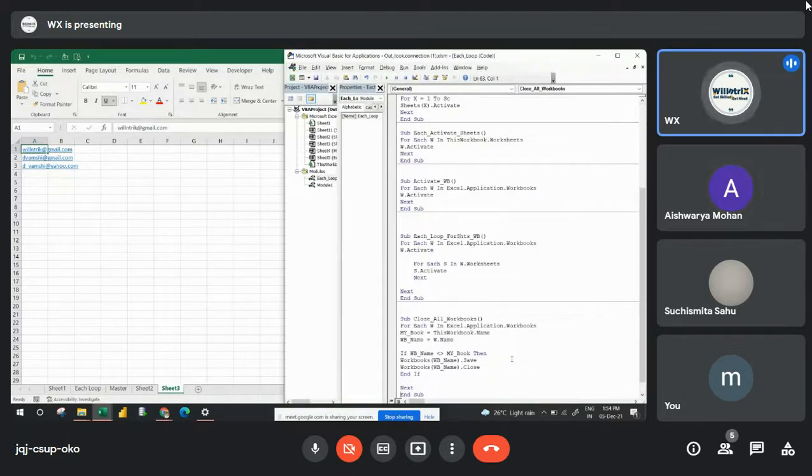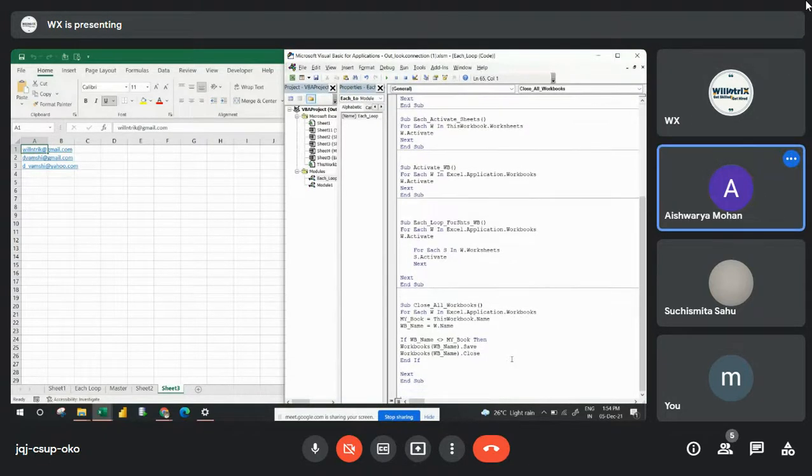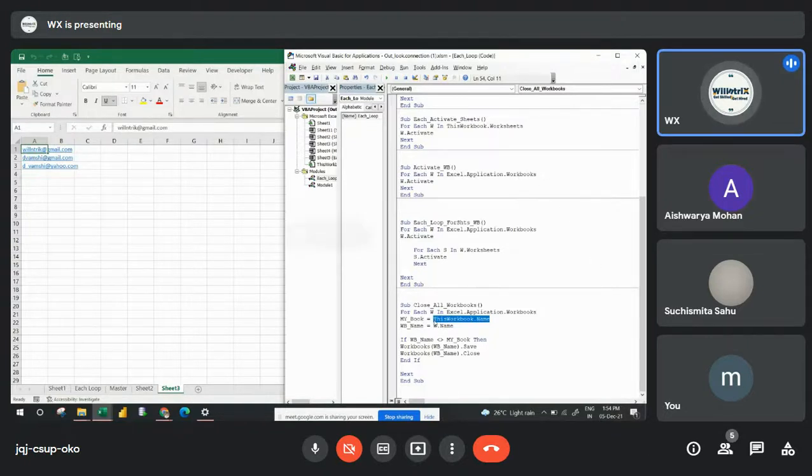Yes. Why should we go with .Name? Because if I want to get that ThisWorkbook.Name, because ThisWorkbook you are taking directly, but I need the ThisWorkbook name now here. So I want that particular name. This workbook's name is MyBook. So that's why I'm using .Name, because MyBook is holding the name of the workbook where I'm writing code. WBName is giving what the workbook name of W is. Then if both are not matching, only then should I save and close the workbook. If it is matching, then I have to leave it. Okay.